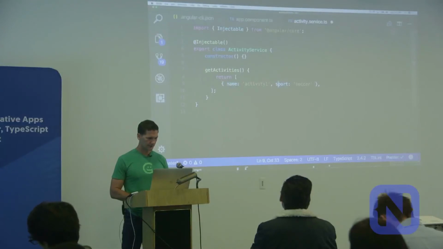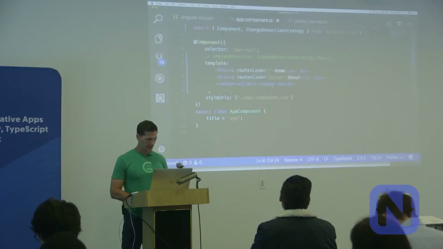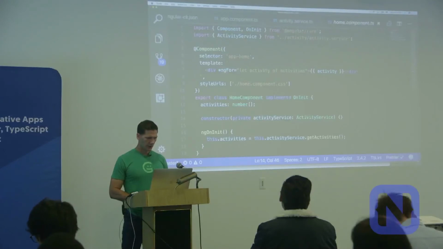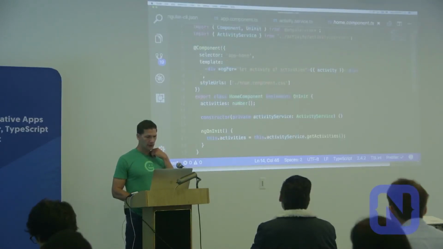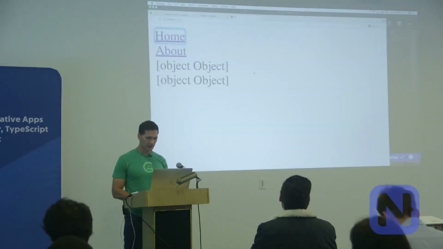Activity 2, football. Just for now, I'm going to turn any to make this work. Okay, so now activities is not returning numbers. So this will just show a bunch of objects, right?